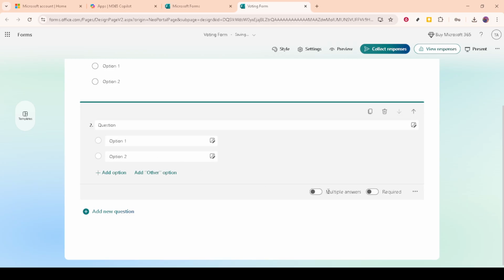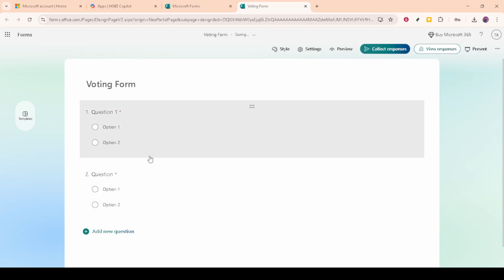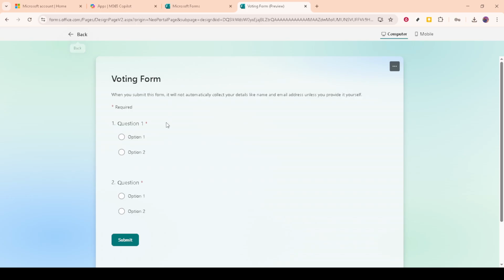As you build your form, consider including as much detail and clarity as necessary to ensure participants understand what is being asked. A well-structured form not only guides users smoothly, but also helps you gather more reliable and meaningful responses. Once set up, you can preview your form to see how it looks and make any necessary adjustments. This gives you a chance to experience it exactly how your respondents will.